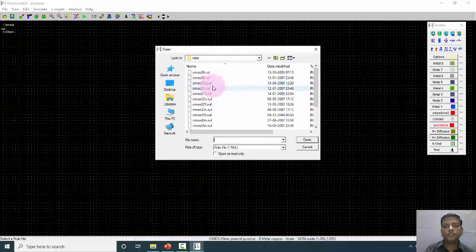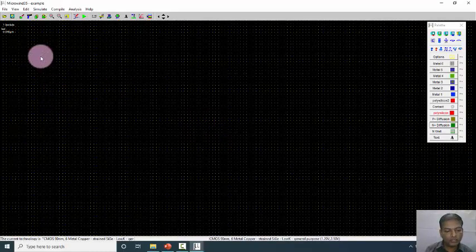Here 120 nanometer technology is there, 45 nanometer, 65 nanometer. Whatever technology we want to use for that particular practical, we have to select it. 90 nanometer is there. If we take CMOS 90 nano and double click it, the technology is converted to CMOS 90 nanometer technology.